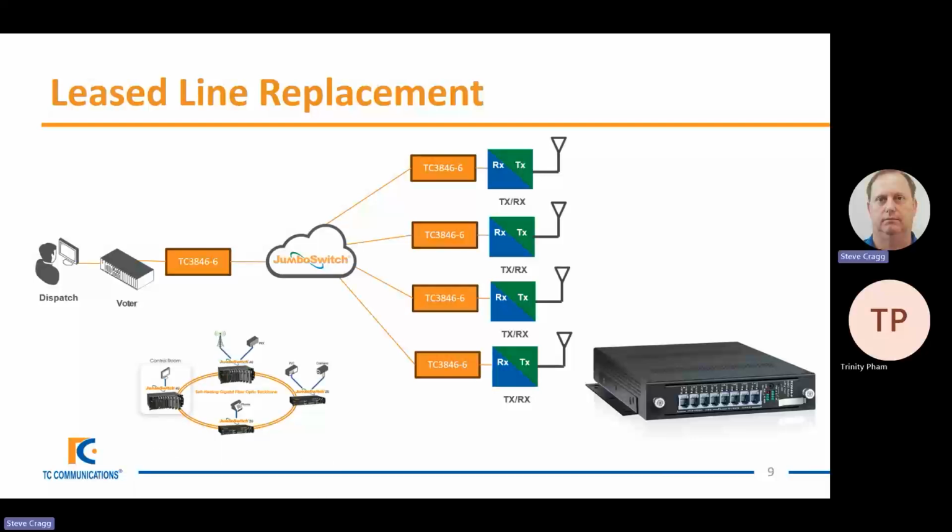And as you can see here, the key thing down on this diagram below is that not only can you set up using the JumboSwitch with either a ring or a bus-based topology, but the benefit of the JumboSwitch is it inherently has all of these different interface cards available for it, so that you can do what we're showing here, or the transitions we're going to be showing on other systems afterwards.